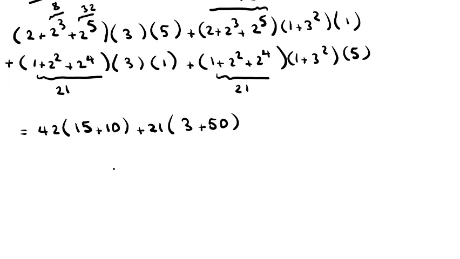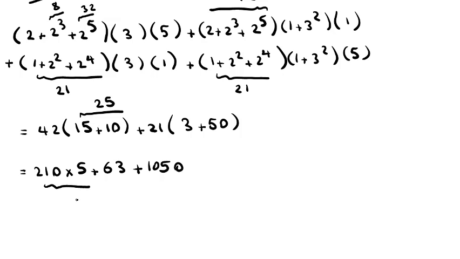Now, if we consider, it will be 25, 5 times this, it will be 210 times 5 plus. Or you can say, okay, 25 times this is 63, plus 5, 105. Okay, so here if we calculate, it will be 50. Now it will be 63 plus 210. So the answer of this problem equals